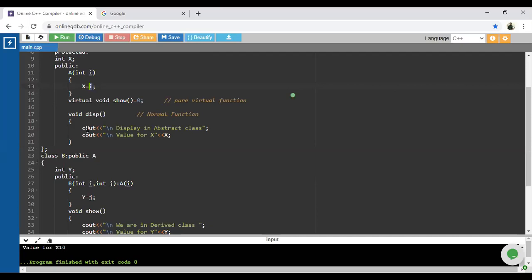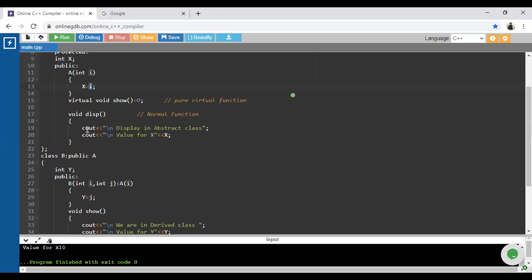By using the derived class constructor. So these are the 4 different key points with respect to pure virtual function and abstract class. What are these 4 points, guys? First one is related with a class: if there is a pure virtual function in a class, then it is called an abstract class. Second one: we cannot create an object of the abstract class. To display the working of the function, we have to use pointers or reference variables.